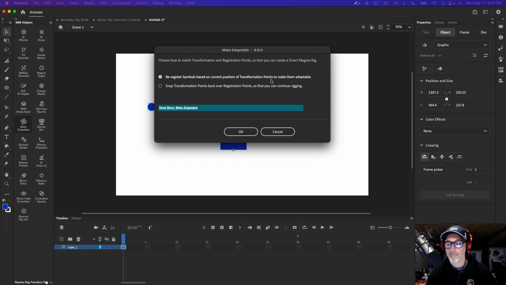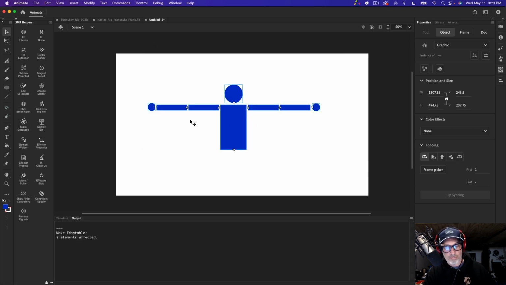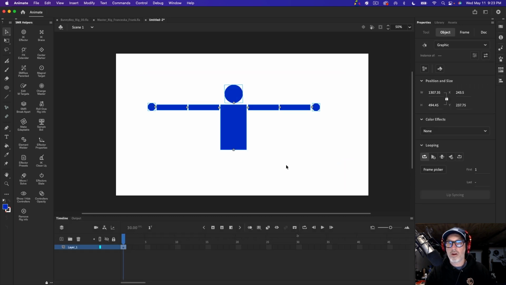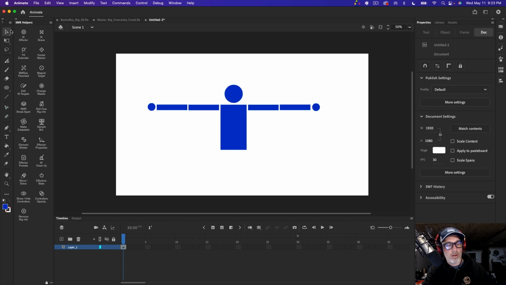Hit OK. Boom. Now you'll see in the output panel, if you have it open. If you don't, it'll open up. I have it docked alongside my timeline here in this panel. It gives me real-time feedback, which is great. Make adaptable. 8 elements have been affected, which are all these elements here. So what this has done is basically prepared us to actually rig our character. Now in the toolbar panel, what you want to find is the Freestyle Rigging tool, which is this one here. And now all we have to do, let's make this a little bigger,